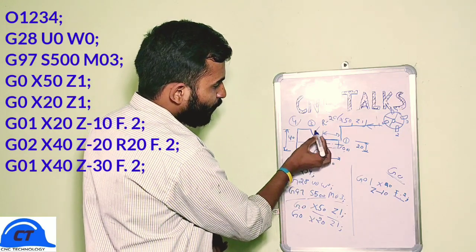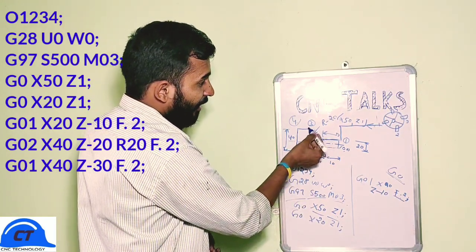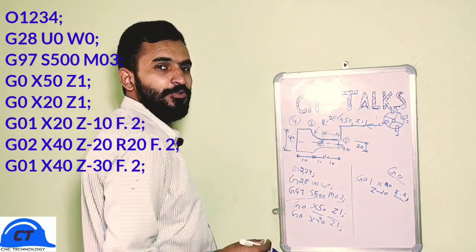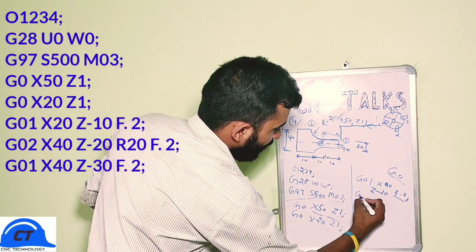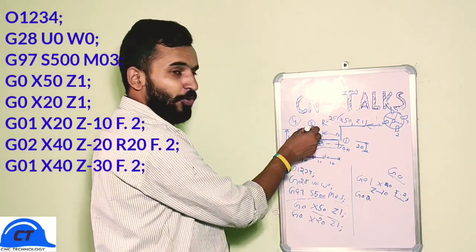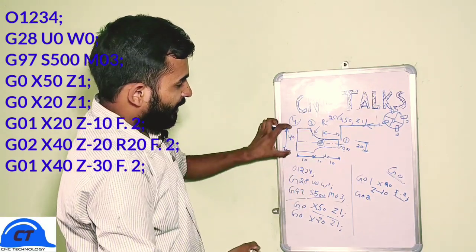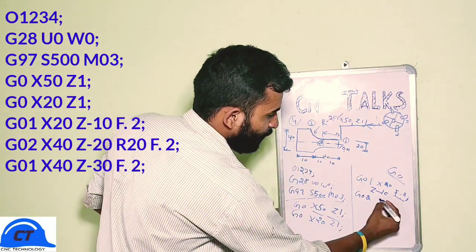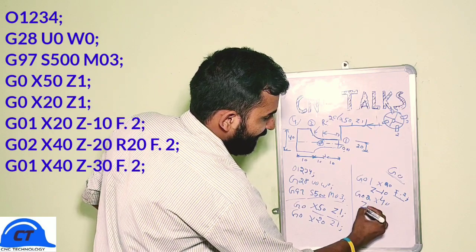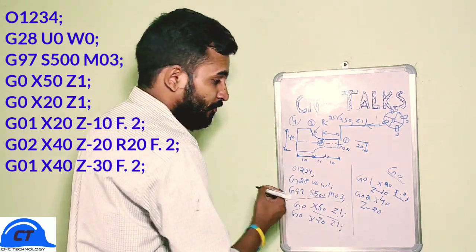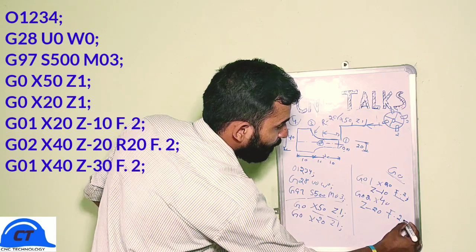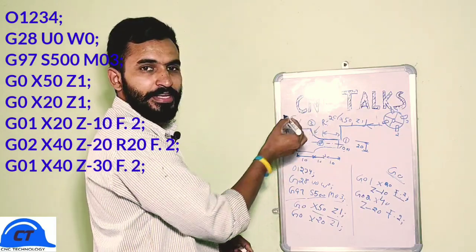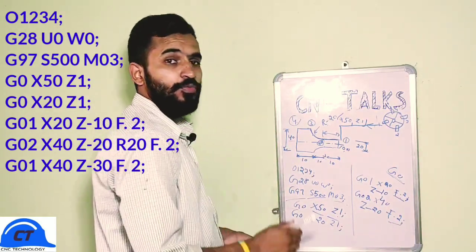Now after point 2 to 3, you can see there is an arc of radius 20. So since the arc is in clockwise, we can use G02. So here G02 and the coordinates of point 3. So at point 3 our X value is 40 and Z value is 20. So G02 X40 Z minus 20 and also with a feed rate of 0.2. Now our tool will move from point 2 to point 3 in a clockwise direction slowly with a feed rate of 0.2,